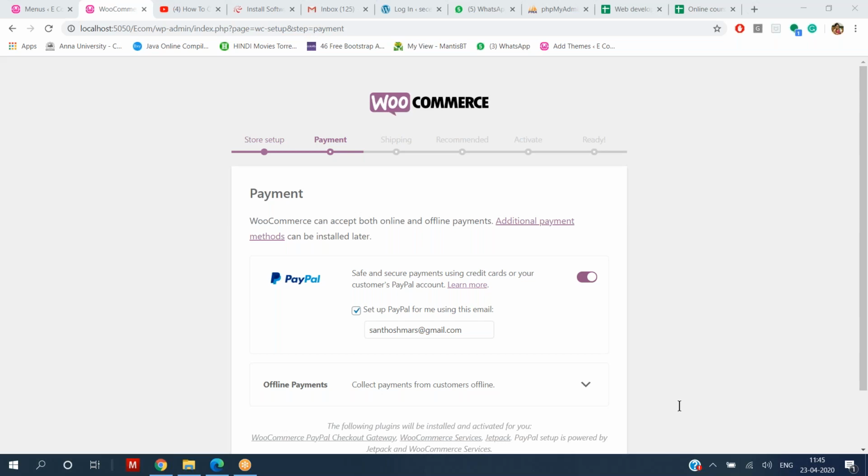Ma'am, it's loading, it's getting loaded. Okay, yes, after loading it, it will divert you to this particular page, dear.